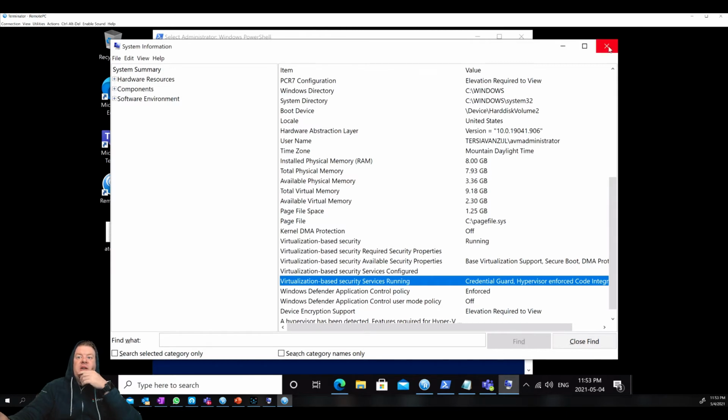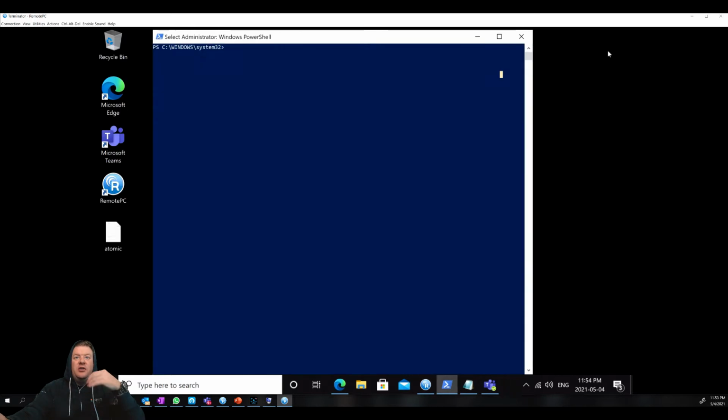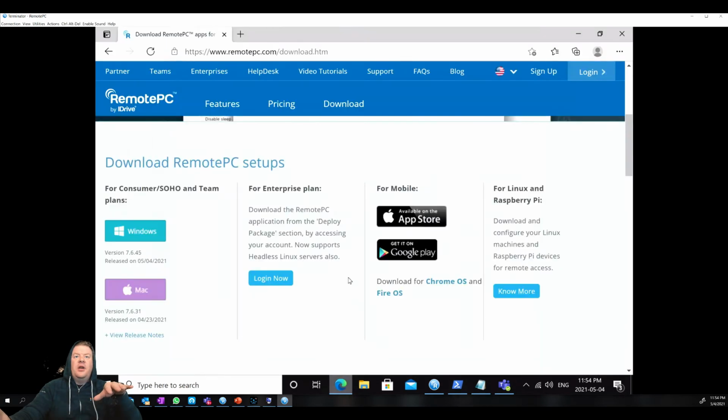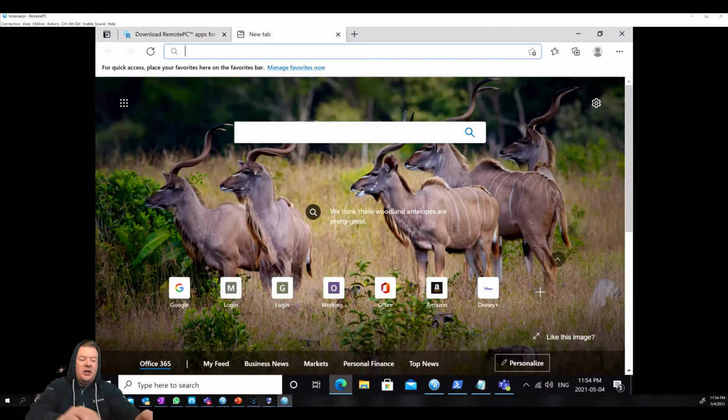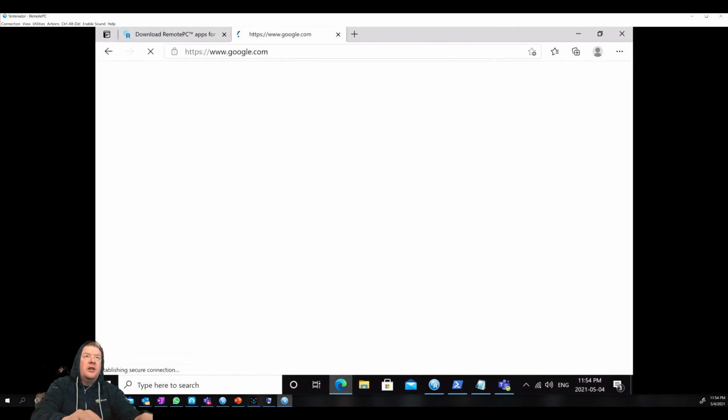So if you enable it by running a GPO policy, or you enable it by running Intune, there's another way to make sure. Let's say, for instance, you do run it and something is not working. You want to make sure you can get it to work. You can actually go and do this. Go here, type in,